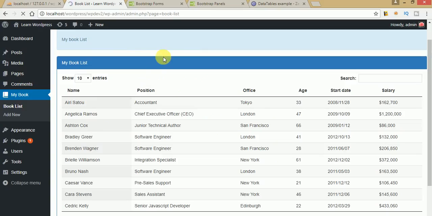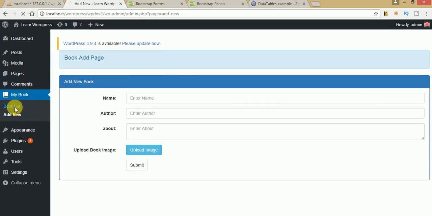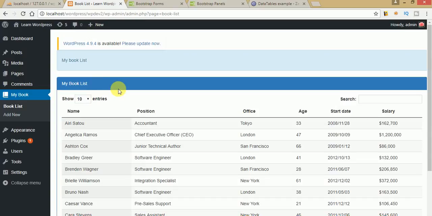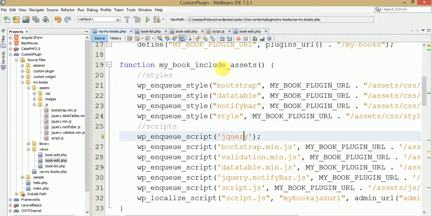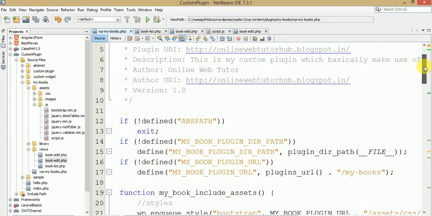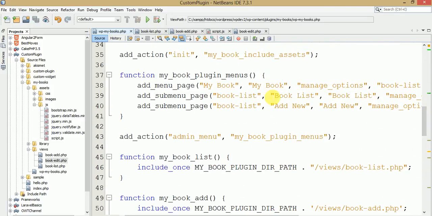Just refresh this page. But how can we make the book edit page appear in our front end? Because we have added only two menu sections, and by the way the edit section will not appear within this list. So how can we show this page in our administrator panel? To do that we need to include WP My Books, and here we need to add another submenu section within this plugin menu. Okay, so just make a copy of that